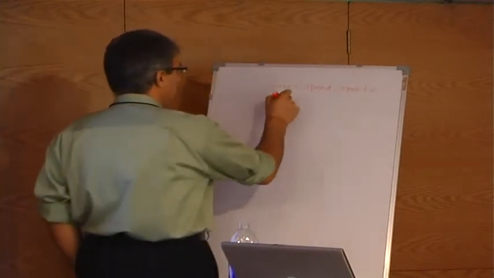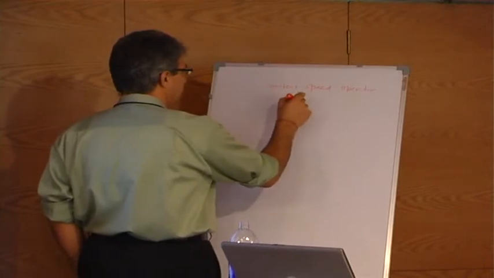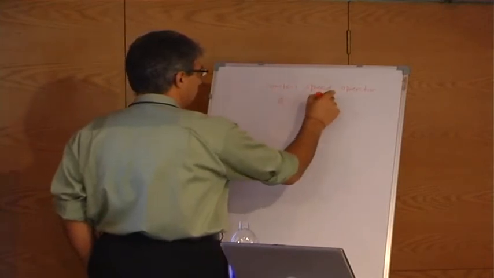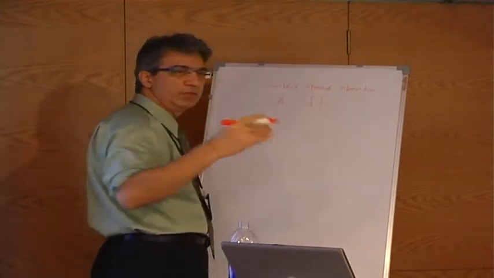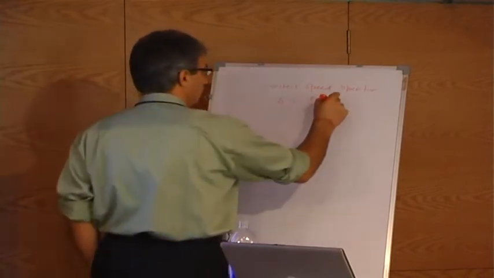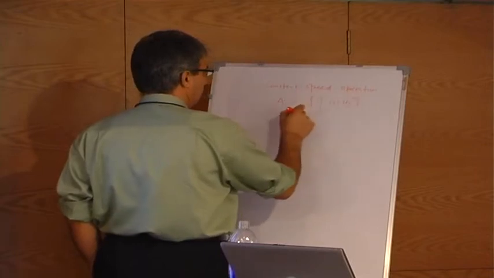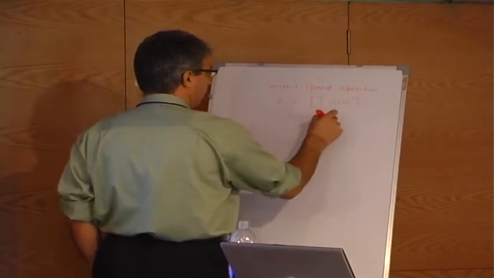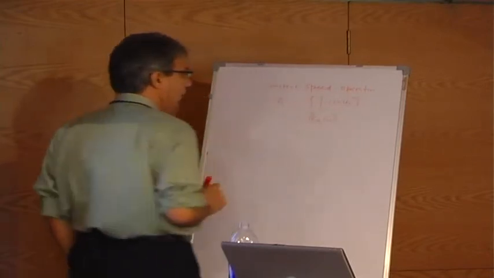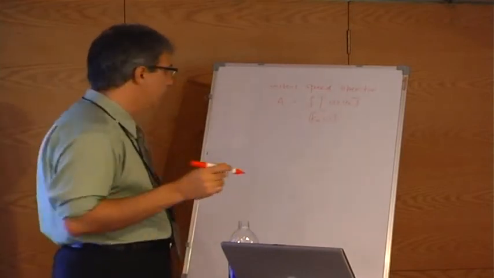Now, back EMF is a function of, let's say right now we're running at 133 hertz. It's a function of 133 hertz, right? So this is basically a constant Ke omega, right? Now, in PSpice,